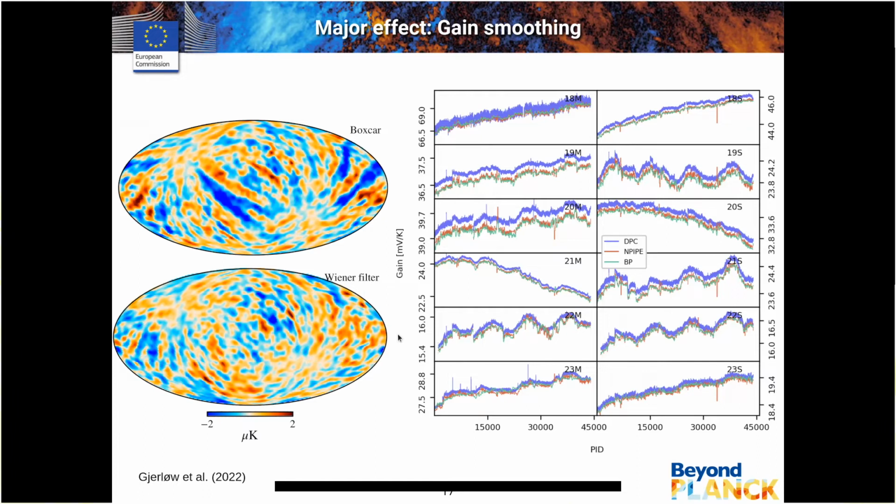However, we've since switched to a Wiener filtering gain system, which allows us to basically get sort of the optimal estimate for this smooth gain from the noisy data. And when you do that, it seems to eliminate these large scale stripes that we were seeing in our maps. So that's been great. And on the right here, you can see a comparison of our new gain estimate with the DPC and NPipe. And you can see that we largely agree quite well. There are some minor deviations in various locations.